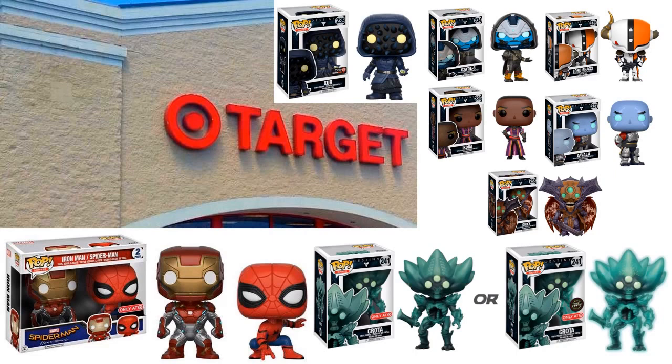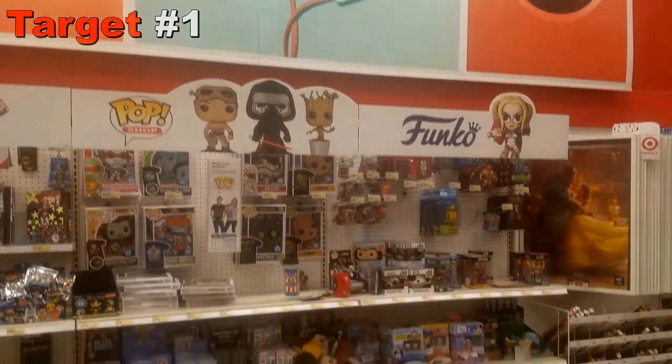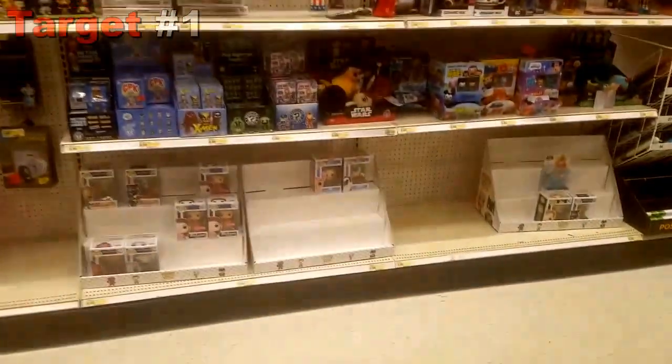There is another Target store that I go to in Florence, South Carolina, but that one is usually pretty dead, even more so than these. So I haven't been there in a while, but I probably will go back and check that one as well. But let's go ahead to the first Target store that I've gone to recently. Now, I went to it on 2 separate days, so we're starting off here with day 1,